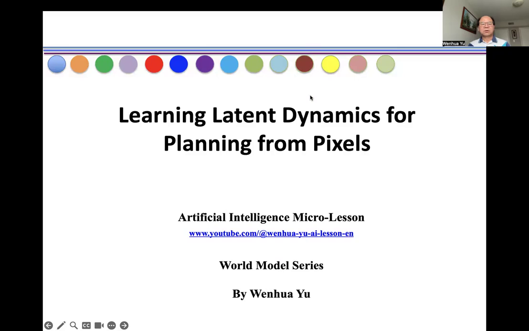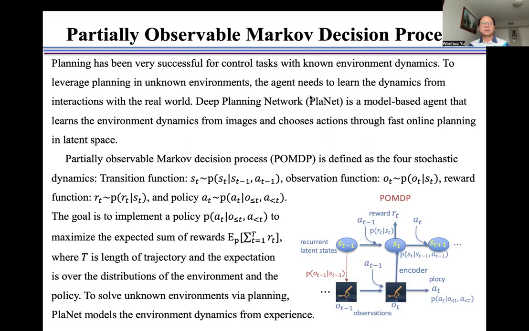In this video, I introduce learning latent dynamics for planning from pixels. Planning has been very successful for control tasks with known environment dynamics. To leverage planning in unknown environments, the agent needs to learn the dynamics from interactions with the real world. Deep planning network is a model-based agent that learns the environment dynamics from images and chooses actions through faster online